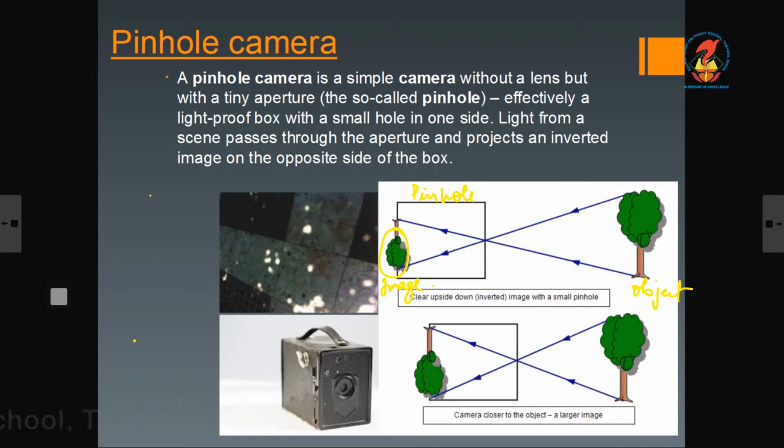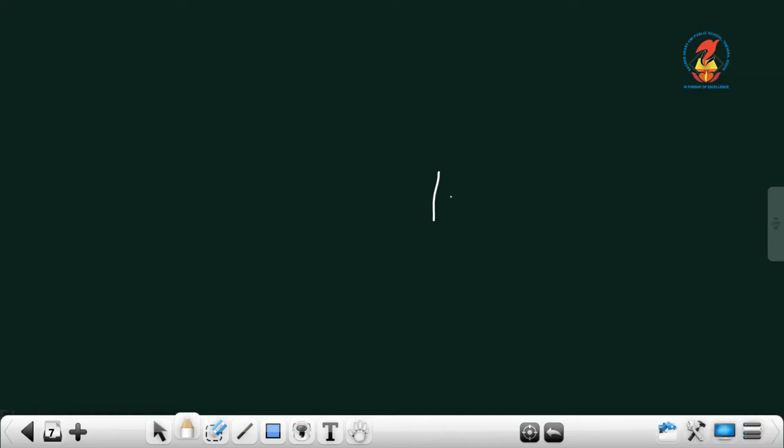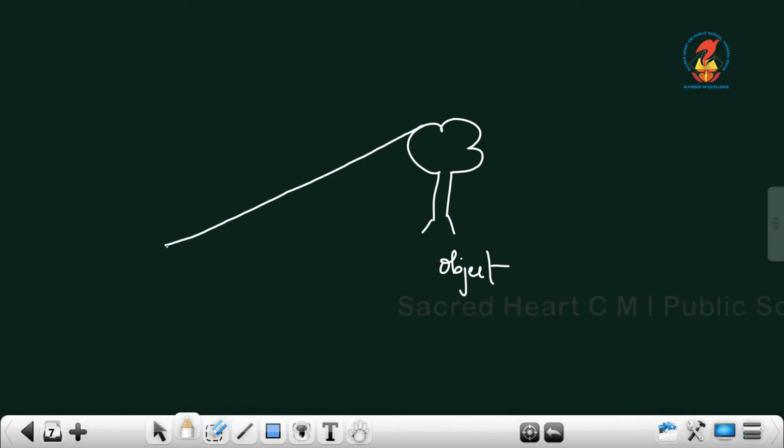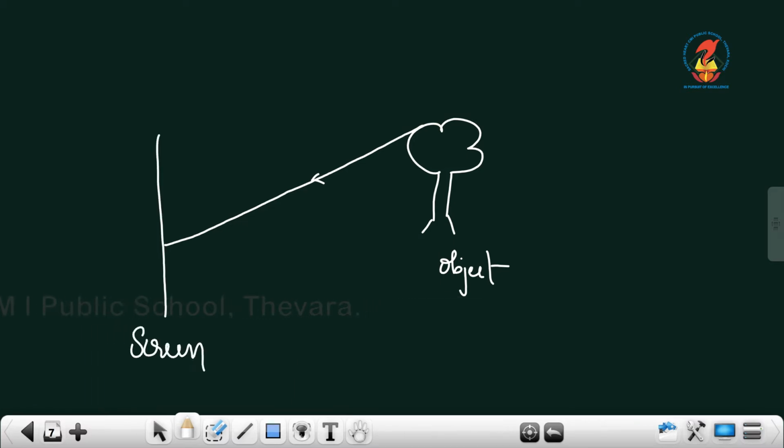Now I will draw it here. This one is an object. So light from the top of this object falls at the bottom of the screen. Here light travels in a straight line. This one is a screen.